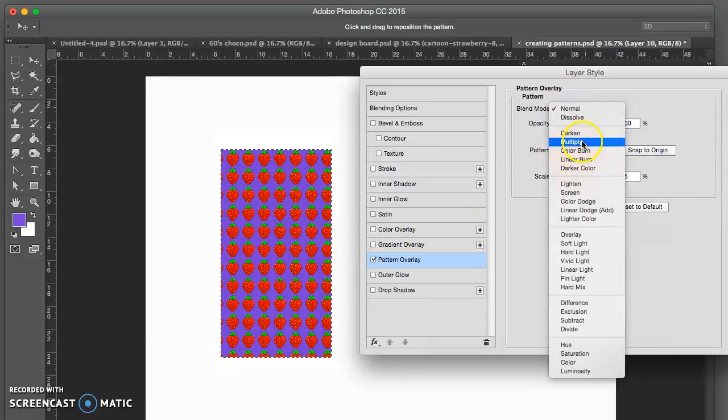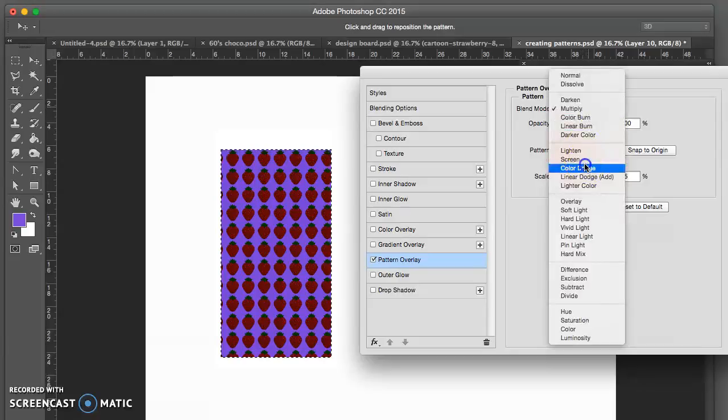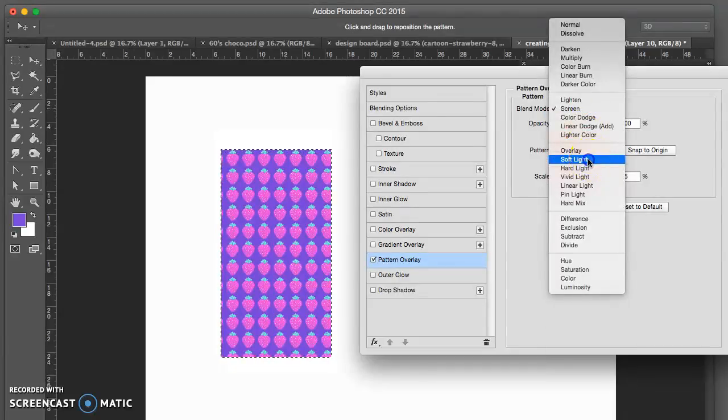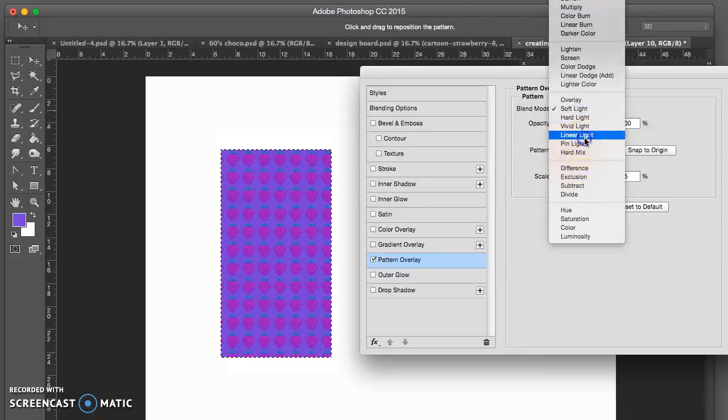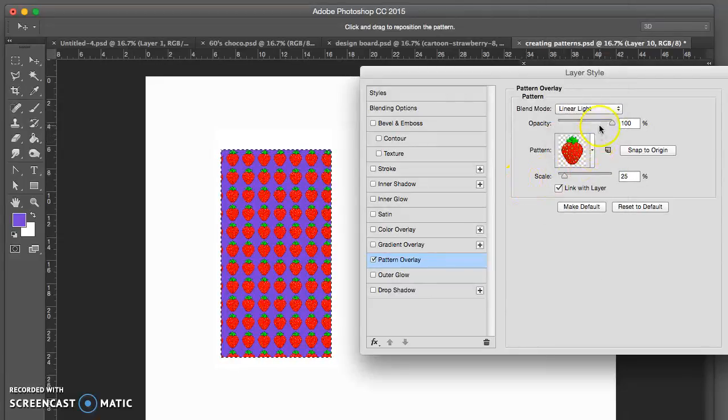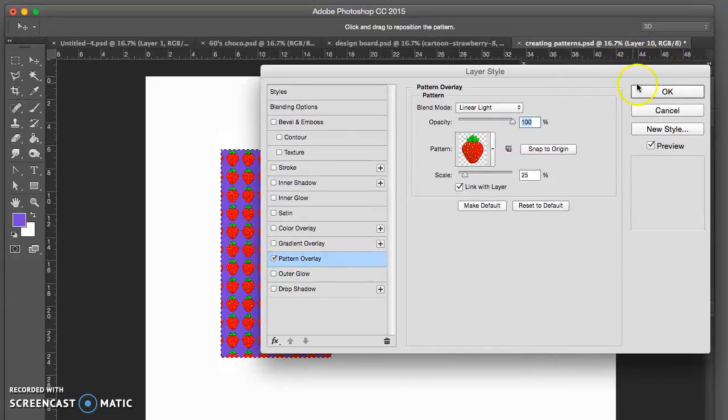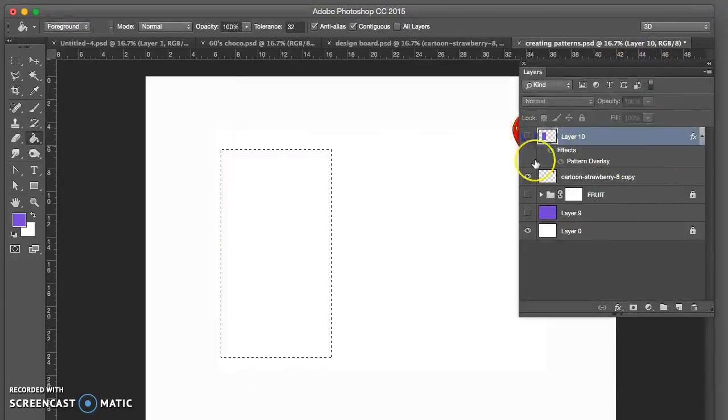You've also got blends, so you can ask your strawberries in this case to blend differently with that color. And you've got opacity too, so you could make the strawberries more transparent. So that's quite good. We can control the scale and we can control the opacity. So that's a possibility. There is a third way, and it's quite an exciting route to take because